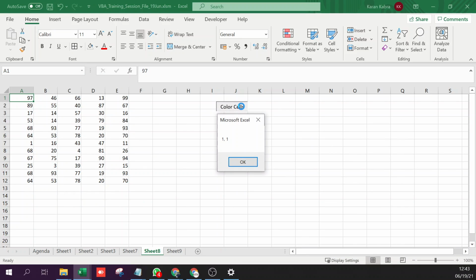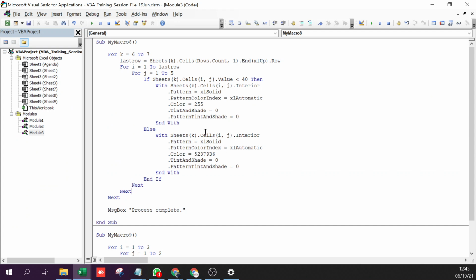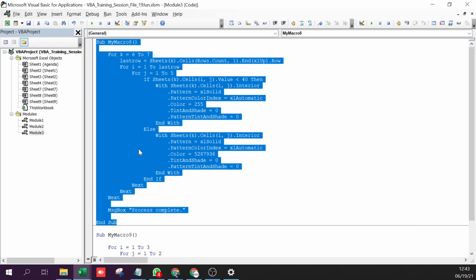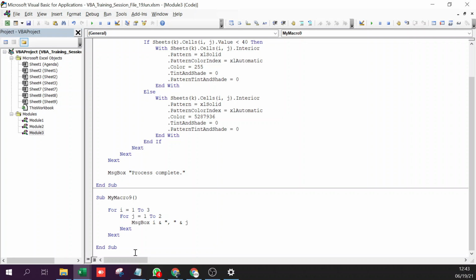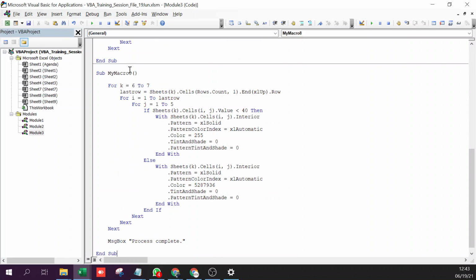Oh, sorry. Probably I ran the wrong one. My macro 8 is what we had to run. Oh, actually, I should have made a copy of it. Okay, what I'll do is I'll create another one, macro 10.